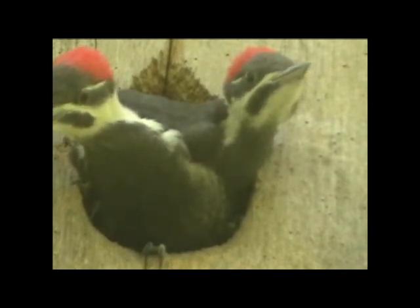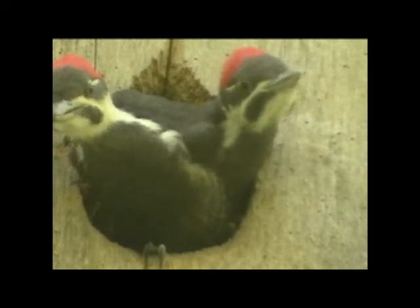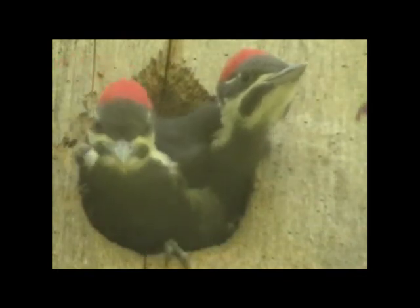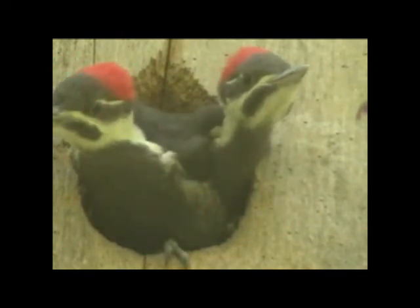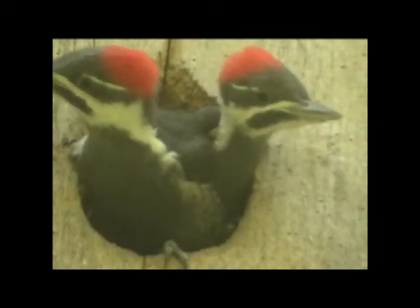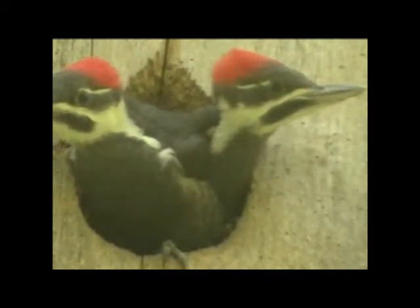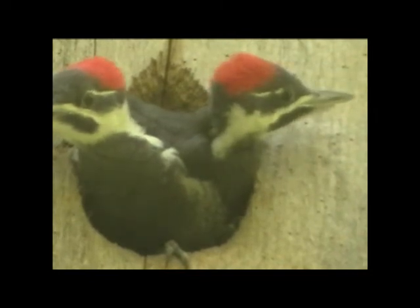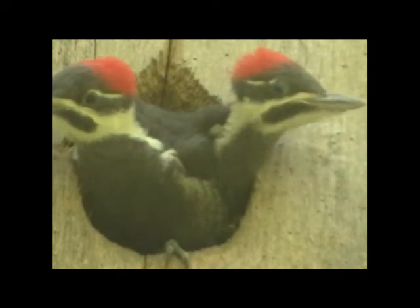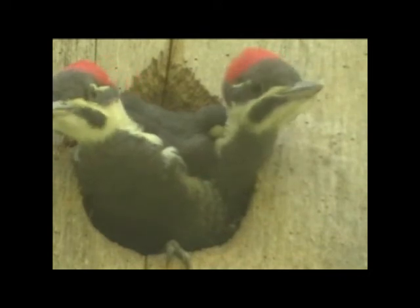As I was saying, the male adult bird is the bird who does most of the feeding on the videos that I took, although the female did come in periodically also and also was feeding these two little chicks. The chick on the left, as you look at it, can be distinguished, in my opinion, from the chick on the right because of the white stripe running back from the eye toward the rear of the head on each of them. The chick on the right, as you look at the video, there's a split in the white line,